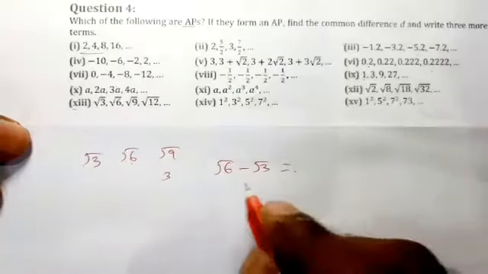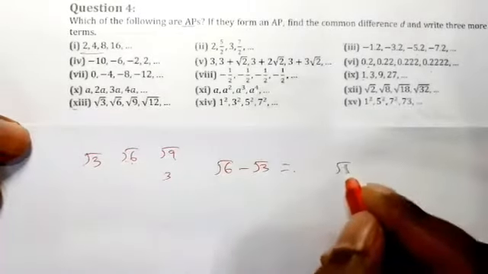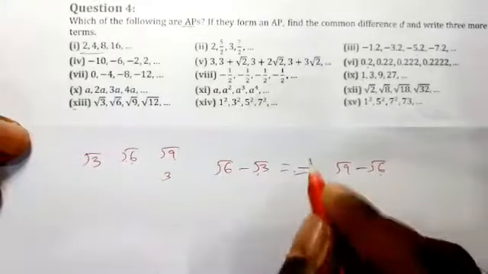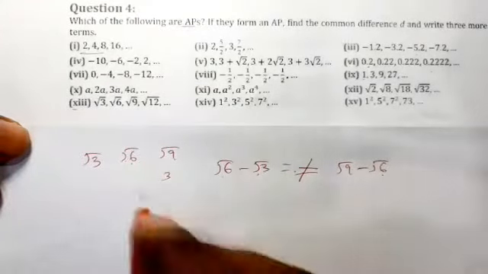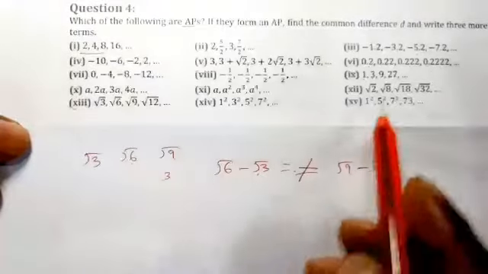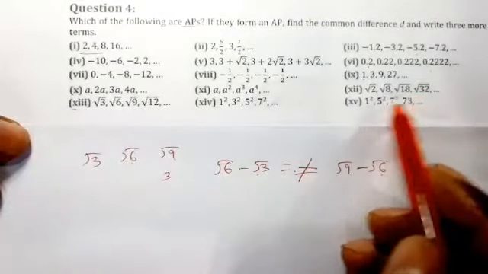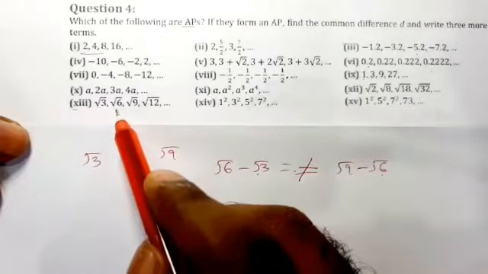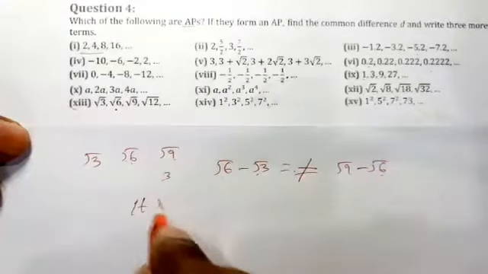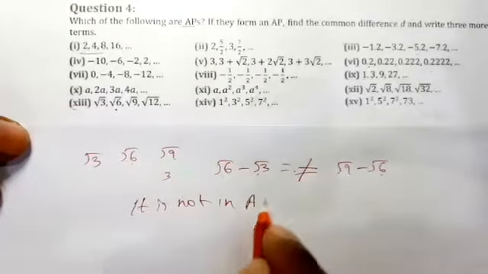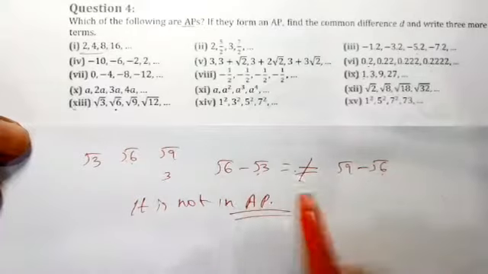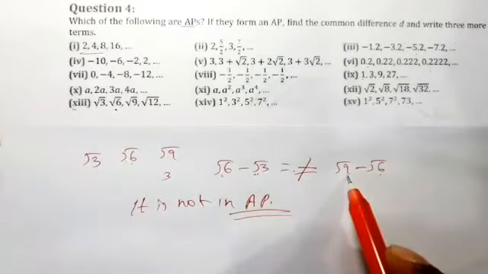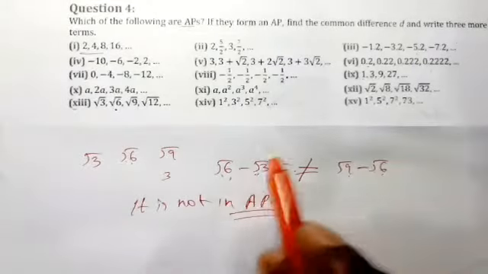So we can leave it as root 6 minus root 3. But root 9 minus root 6, here different numbers, here also different numbers. So this answer will be different. So there is no common difference. As we discussed in the previous question, it was possible to take terms outside by factorization. Here we can't take anything common. So it is not in AP. Why is it not in AP? Because there is no common difference. What we subtract here will not be equal to this.